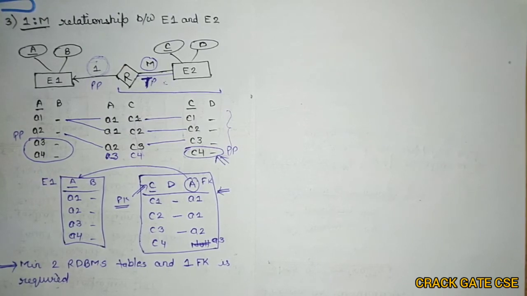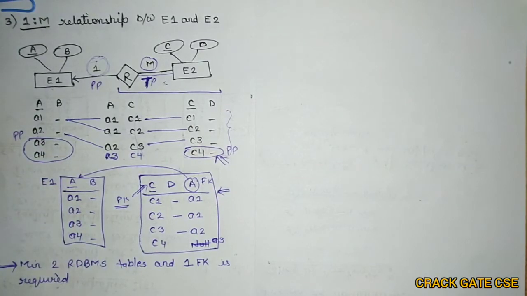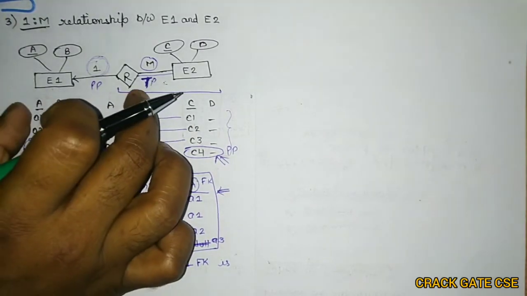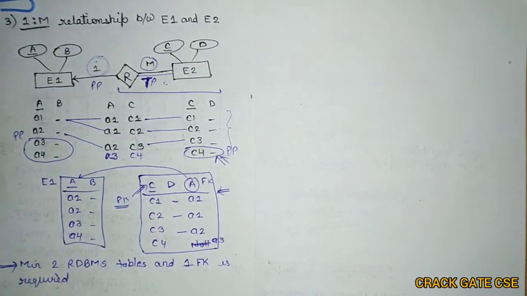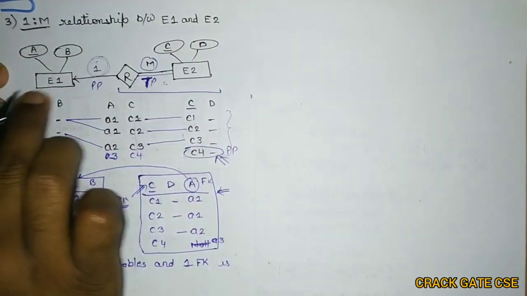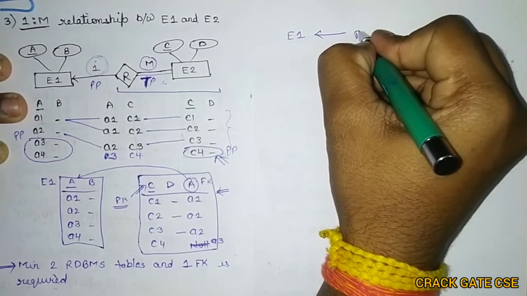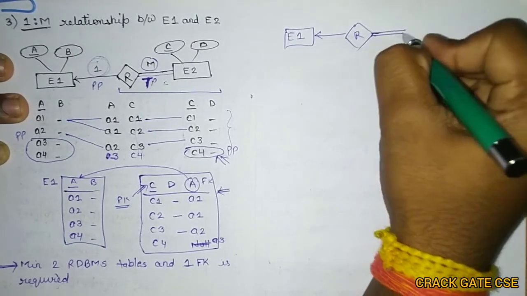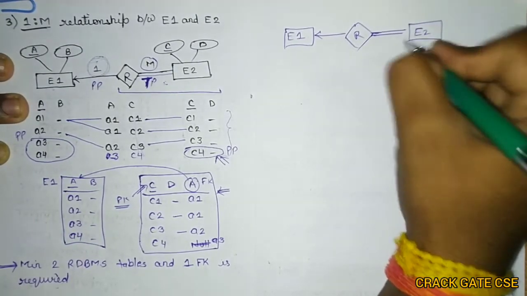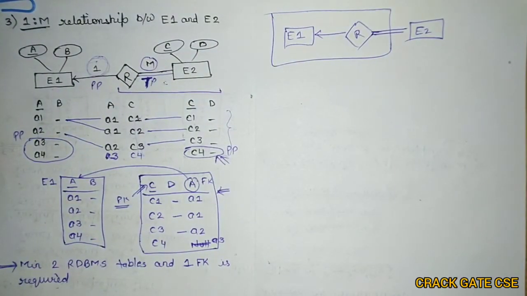But you might have wondered why I am not joining on this one hand side. If there is a 1, why am I not merging the table with this particular thing? So the answer is very simple. If I merge it on the left hand side, so this is the diagram R. I'm just drawing the rough diagram, right? So E2. So you might have wondered why I am not joining these relations. If I join these relations, there will be some problems.